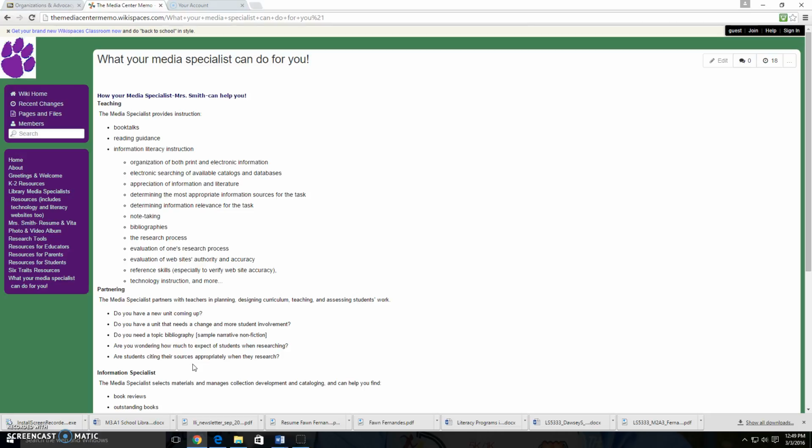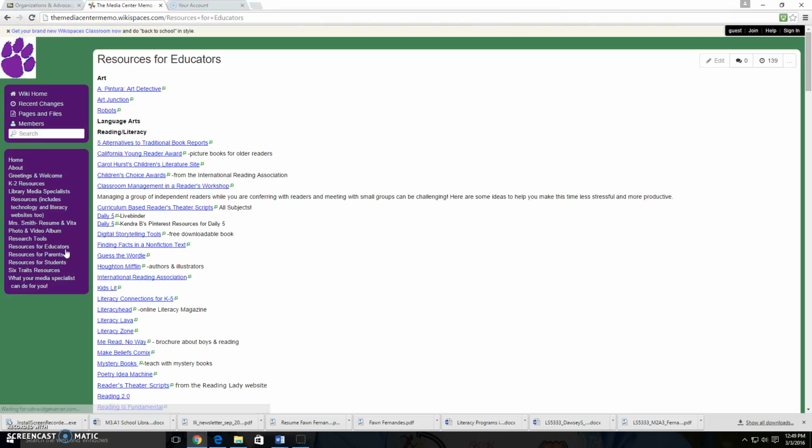Next, we're going to move to the classroom and specialist teachers. The sidebar also indicates a page for resources for teachers. When you click on it, you can see that many links are listed, and she has them divided by subject and topic. Now, this meets the needs of the teachers because the teachers appreciate having new technology and applications available, as well as having the media specialist able to coach them in their use and an informational or technology specialist, according to Carl Harvey II's article, The Teacher's Take on the School Library Program.